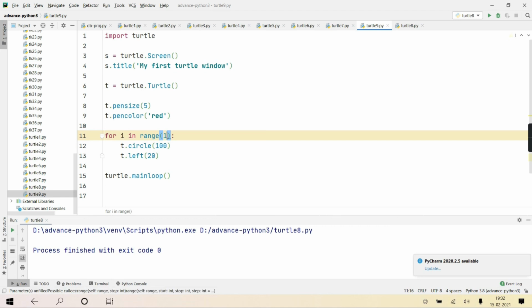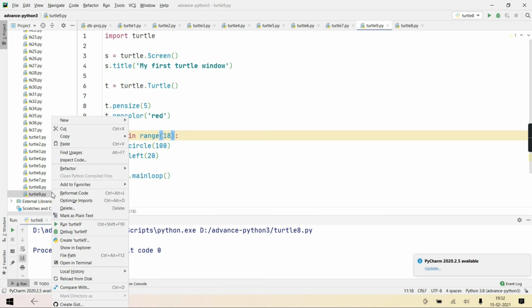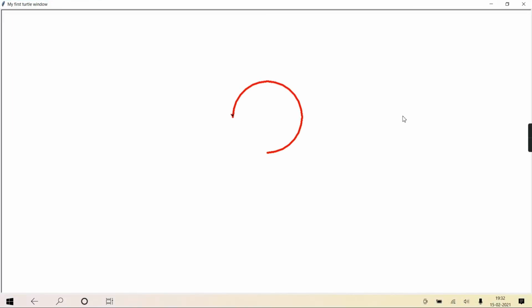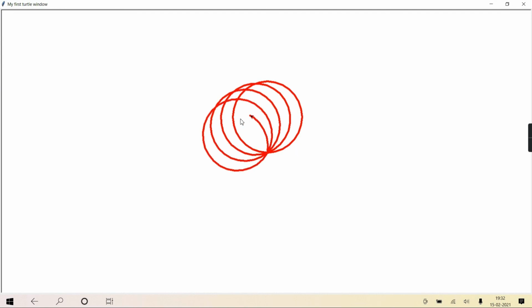So if I do 20, it will come out to be 18 iterations only, right? And we'll run this turtle 9. Can you see? 5 pixel thickness it is. So the thickness of that pen is 5 pixel, and the color is red. So it's drawing in red color. Okay?